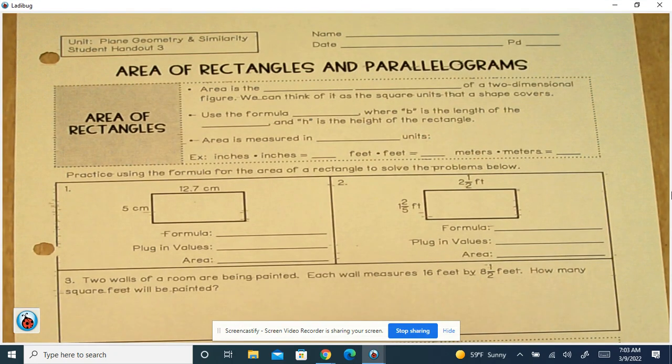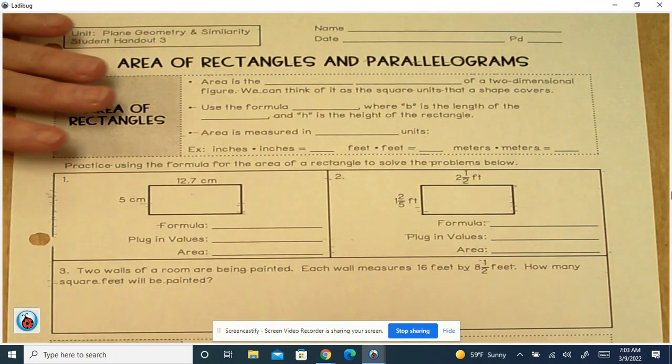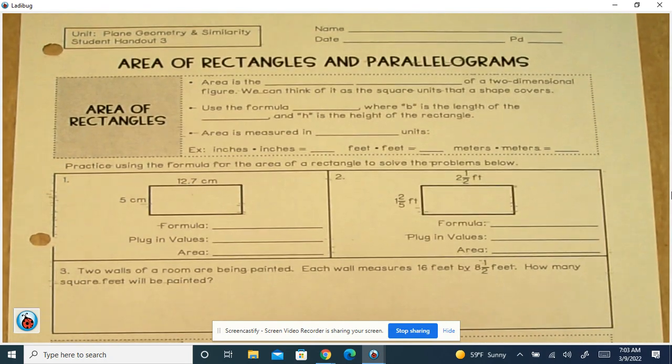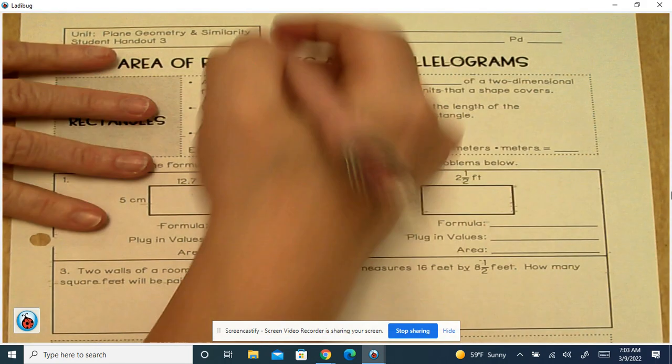This video is on area of rectangles and parallelograms. Area of rectangles. Area is the surface measurement